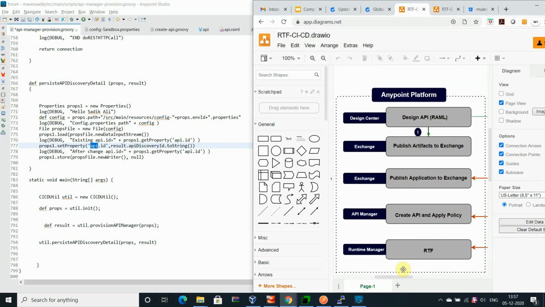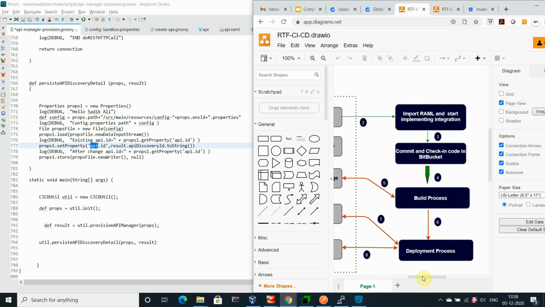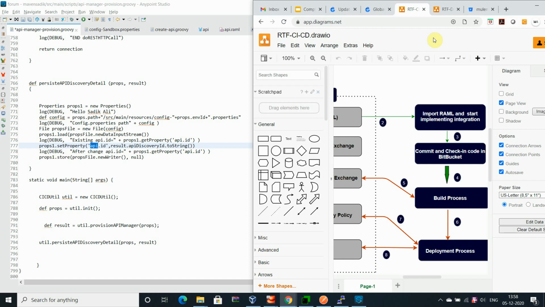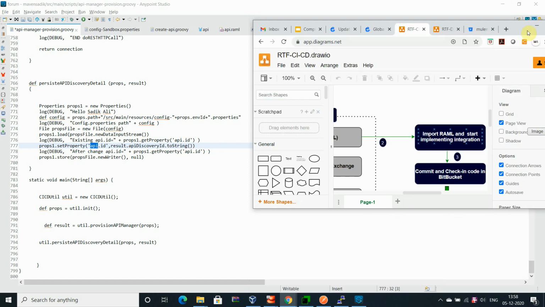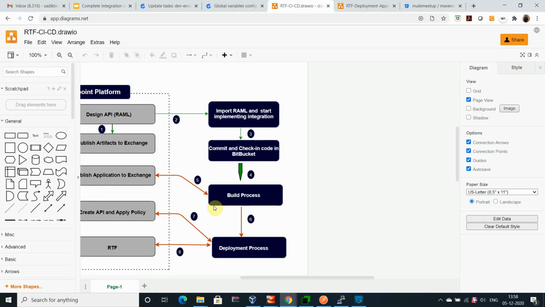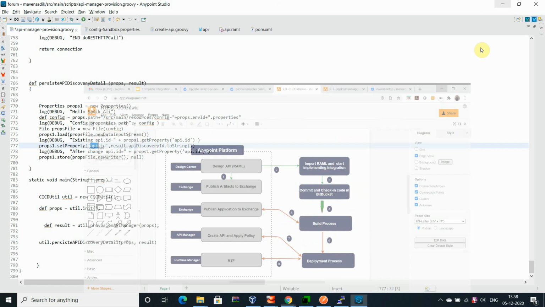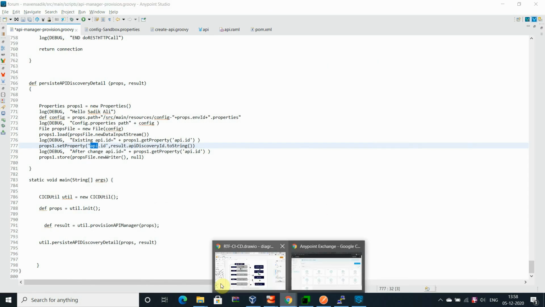If you remember, I have configured the build steps to publish into the Exchange. Then I will get the details over here. Once I get the details, I will deploy on the API manager, create an instance, and deploy it to the RTF. So let's do it.